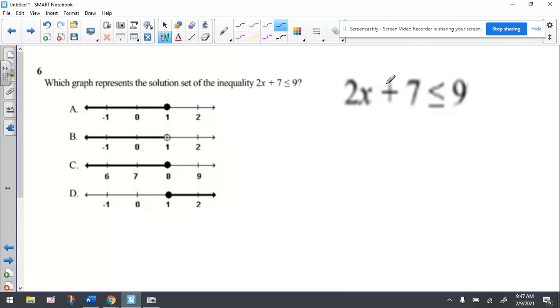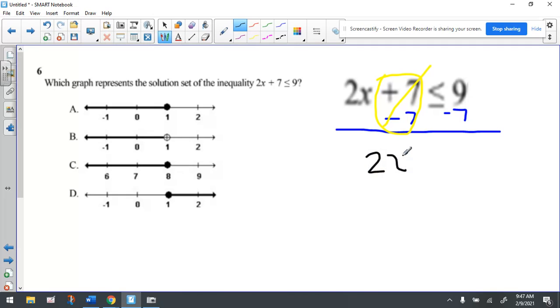So how do you undo it? You apply its opposite. What's the opposite of add 7? It would be to subtract 7. So we're going to subtract 7 from both sides of the inequality to keep it balanced. All right, now when we think about what happens with all this, that's all going to cancel out. So that's nothing. We're going to bring down the 2x. We're going to carefully copy the symbol, which is the less than or equal to, and then carefully subtract this